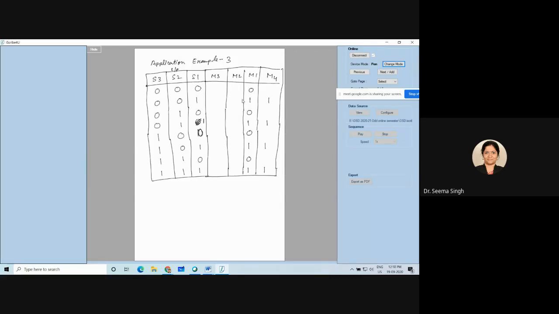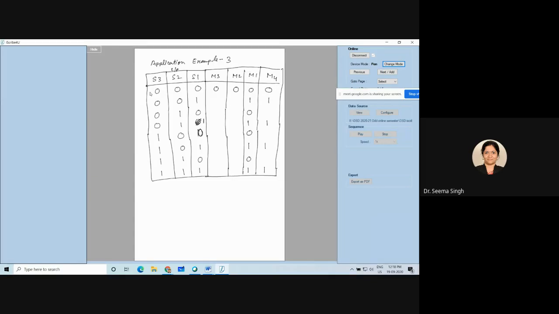So M4 will turn on for all these cases when M1 was on. Now the second condition was, if S2 and S3, if both are available or either is available, your motor will be taking care of keeping it on, and your M4 will also be on. So what is the first case? The product is not present at all. Nowhere is product present. So what will happen? No motor will run. Even M4 will not run, because there is no product available to run the conveyor belt.